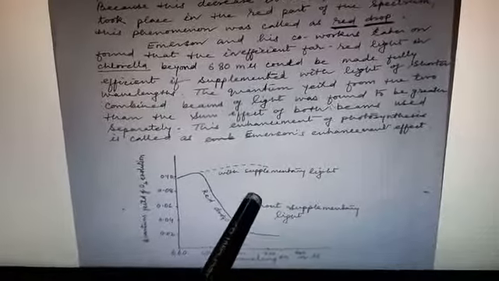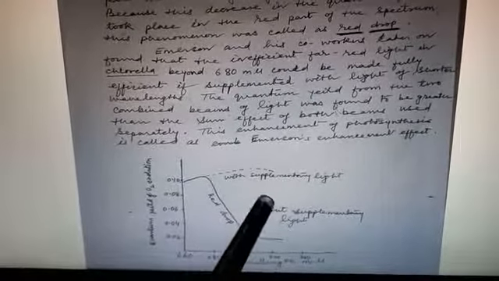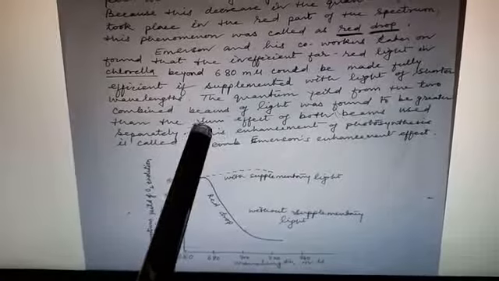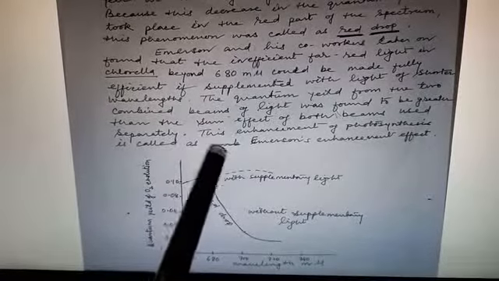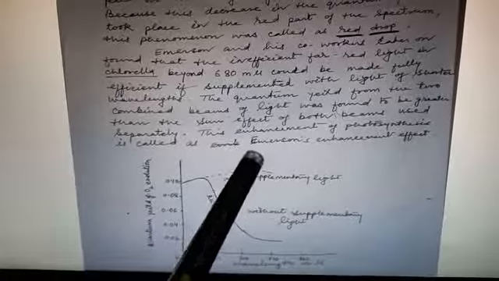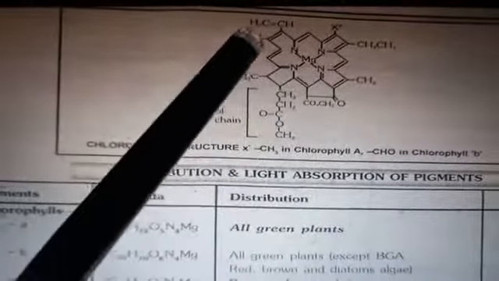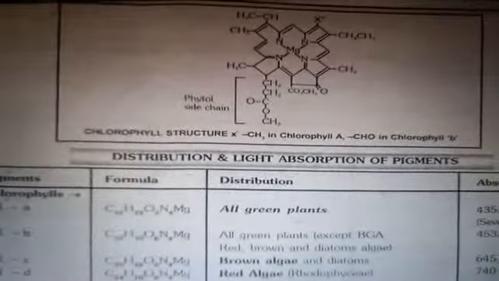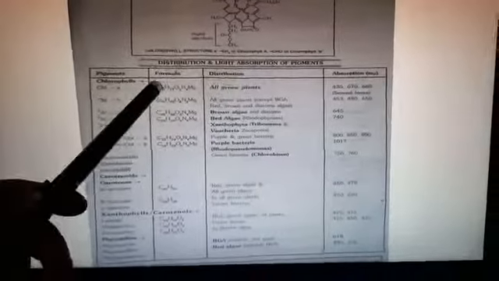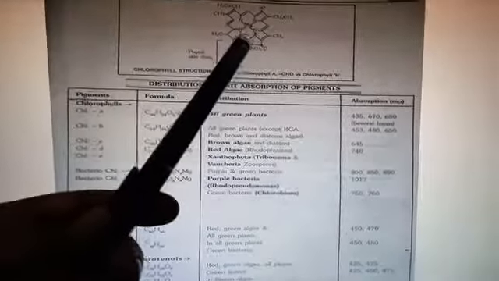Next to this, we will discuss the structure, formula, distribution and absorption maxima of photosynthetic pigments. This picture is about the chlorophyll structure, and this table shows the pigments, their formula, their distribution, and absorption maxima. This is the basic structure of the chlorophyll molecule, and here is the tetrapyrrole ring, ring 1, ring 2,